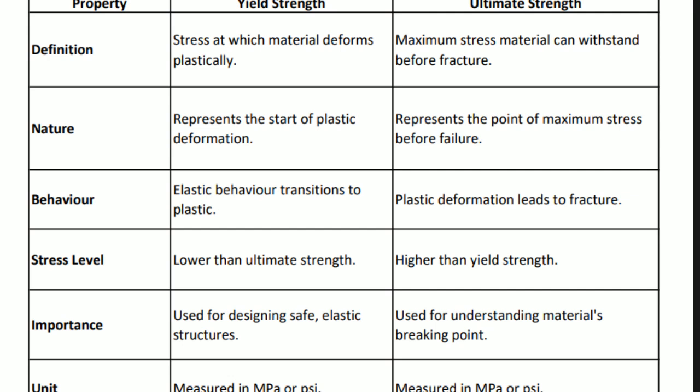But what is the ultimate strength? Under extreme conditions, such as earthquakes or excessive load, the same rebar can handle stress maybe up to 650 MPa before it fractures. Beyond this point the steel will fail, leading to structural collapse. Now, why is this important? Because of safety, material selection and design optimization. These are the things you need to know very well before selecting the material. So these are all the differences between yield strength and ultimate tensile strength for a material.